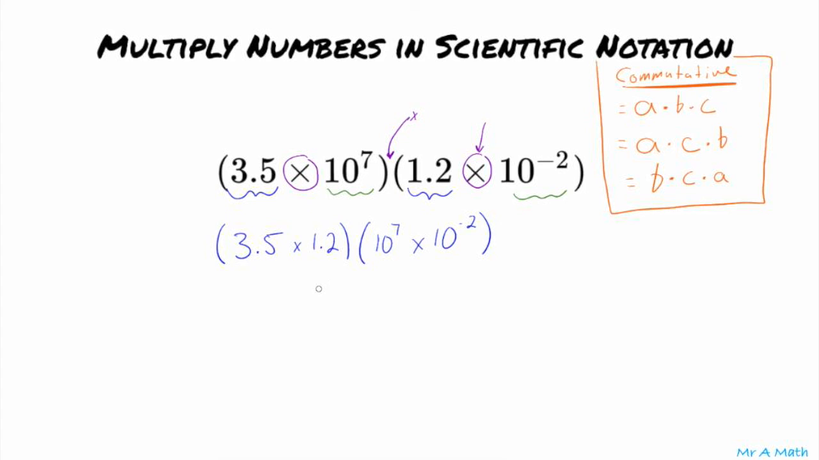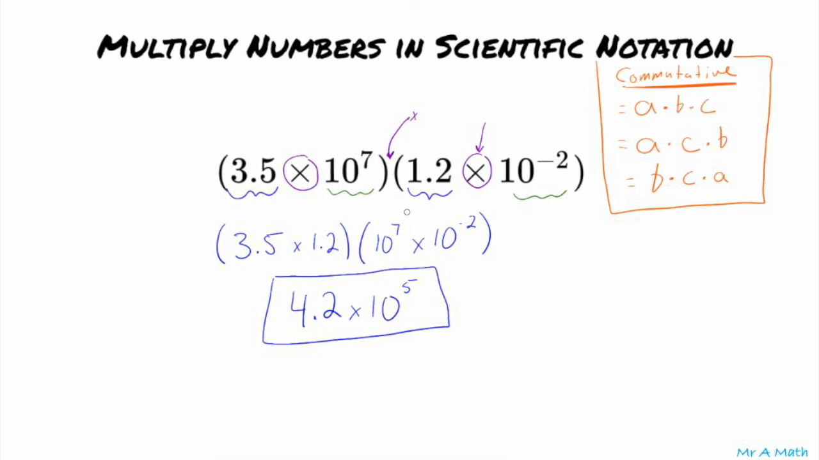And now this is a little bit nicer because I can just grab my calculator, type in 3.5 times 1.2, and I should get 4.2. And then for 10 to the 7th power times 10 to the negative second power, if you use the product rule, that gets me times 10 to the 7 plus negative 2, which is 5th power. And so now I can write this in scientific notation